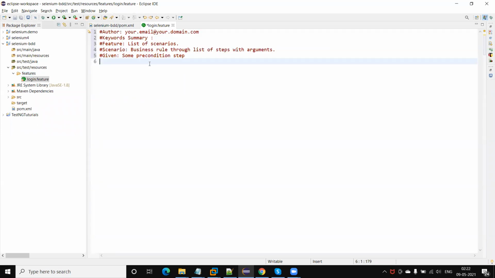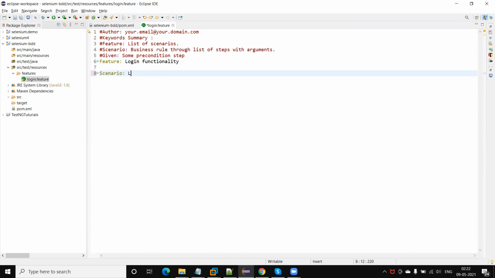Okay, so first of all, as we discussed, we need to use the Feature keyword. Okay, then I will add the feature here, login feature name, login functionality. Okay, then next I will create a scenario.